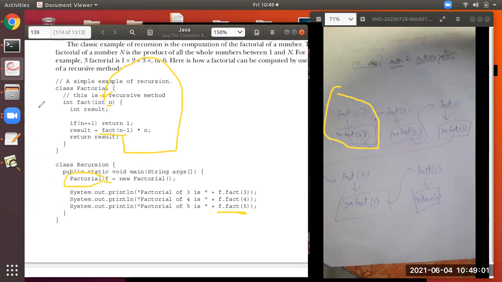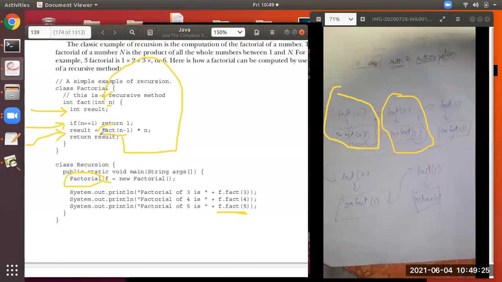Now again the same concept. A variable result is declared for fact of 4. Again it will check the if condition, that is 4 double equal to 1, which is false. Now again there is the variable result. You see, this is fact of 4 minus 1 into 4. So we have entered this part.